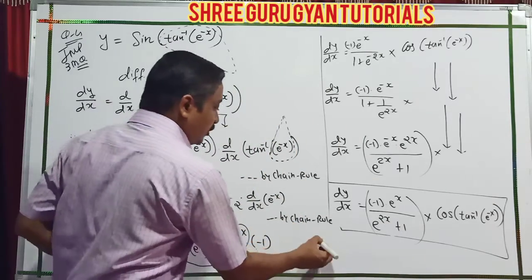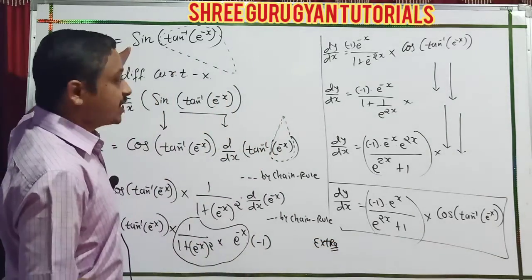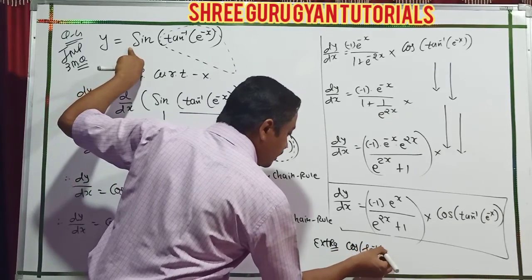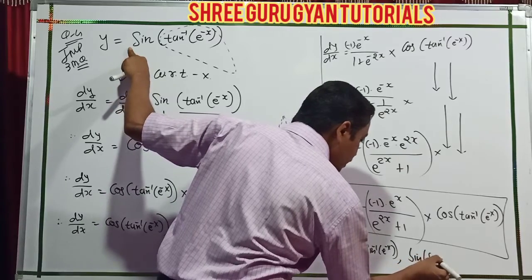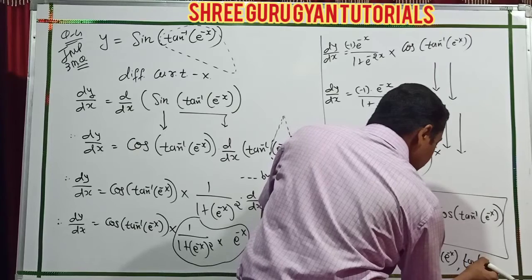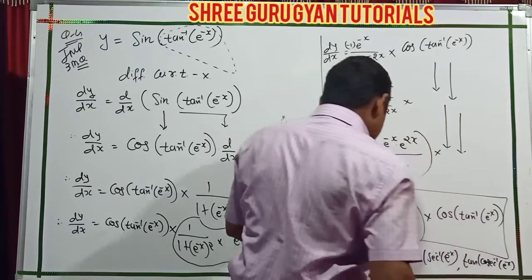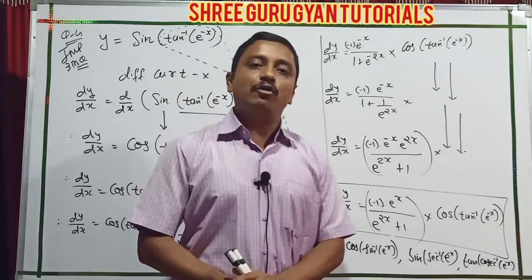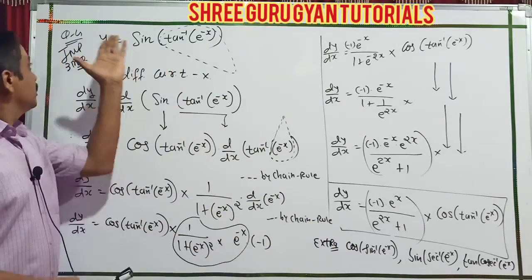Students, here I have also given you extra sums for your better practice. These are: change cos to sine, sine of sine inverse of e raised to minus x; also sine of sec inverse of e raised to minus x; and cosec inverse x with e raised to minus x. You start from the chain rule. Only 3 numericals extra I give you. That type of different question you can also work out, and that is easily done. This was question number 4.